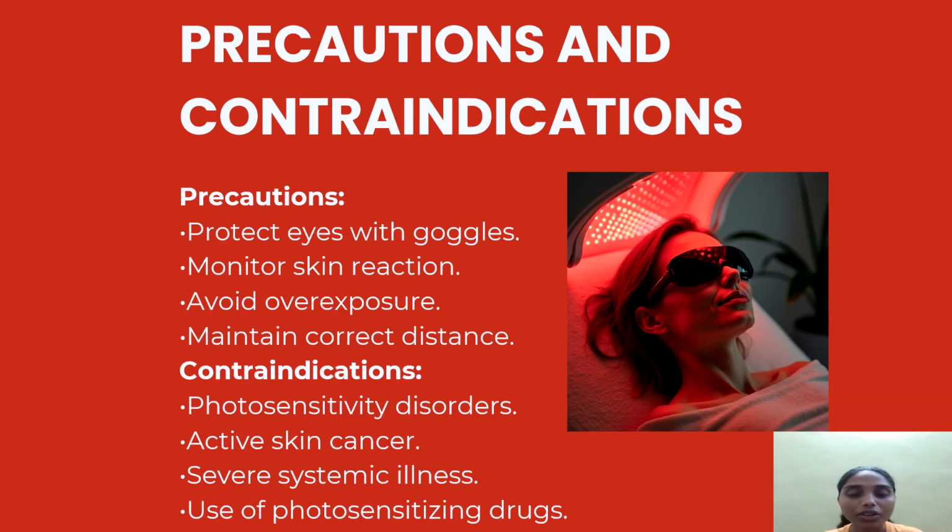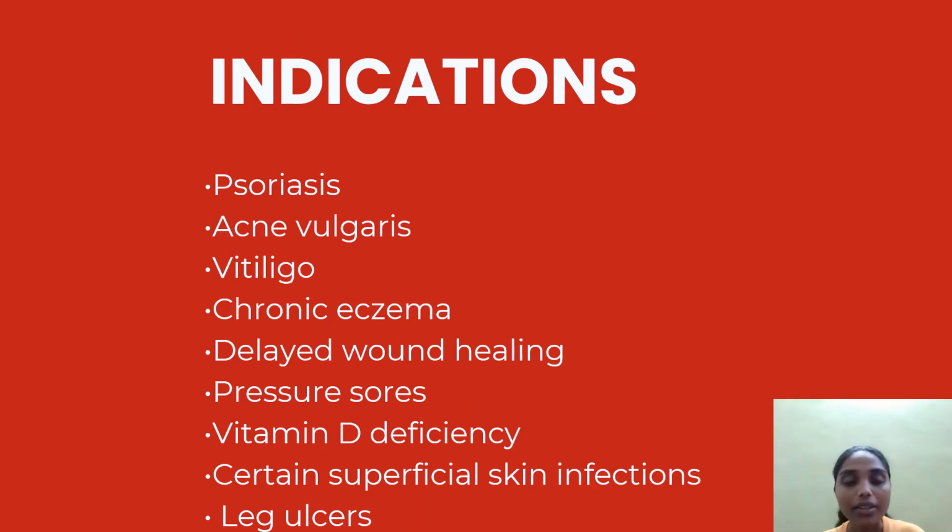The precautions and contraindications, which are very important when using any therapeutic machine. Precautions: protect eyes with goggles, monitor skin reaction, avoid overexposure, maintain correct distance. Contraindications: photosensitivity disorders, active skin cancer, severe systemic illness, use of photosensitizing drugs. Now indications: psoriasis, acne vulgaris, vitiligo, chronic eczema, delayed wound healing, pressure sores, vitamin D deficiency, certain superficial skin infections,